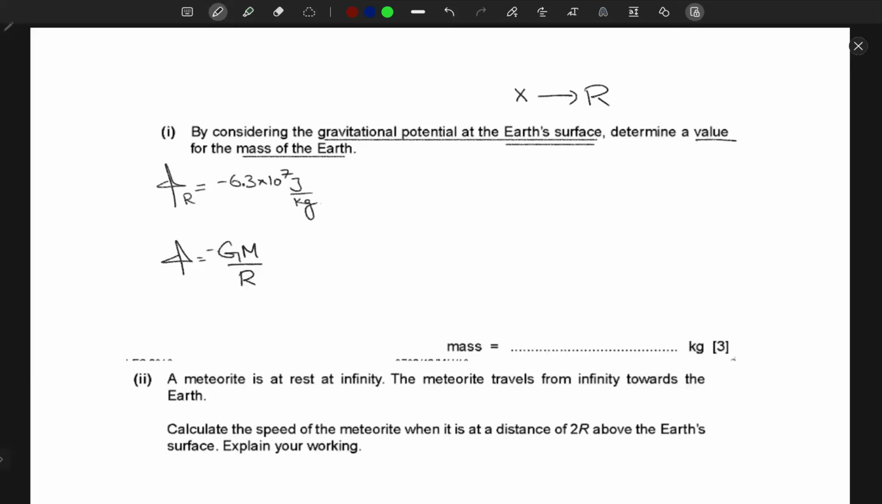Great. Now we need an expression for M, so we'll just rearrange this. Nothing too fancy. We get M equals minus phi r over G. Now we'll put in the values. We have this minus, which comes from here, and then we have a minus in this value for phi, which is minus 6.3